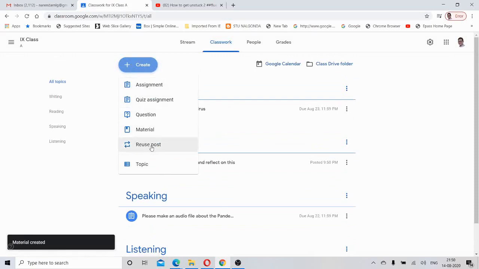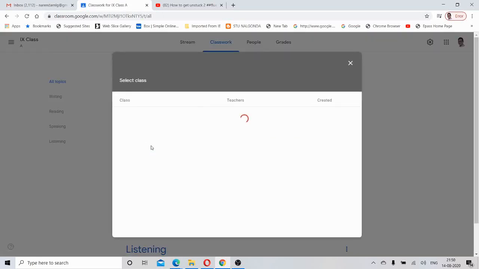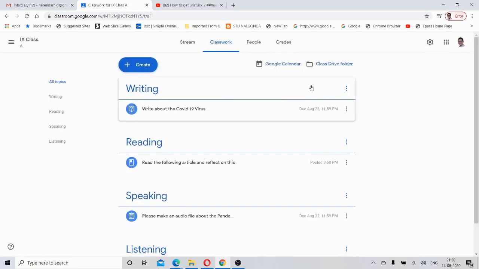I even want to reuse a post. For example, if I click this, let me find any material to reuse. It is searching for that. I think as this is a new class, there is no ready-made material right now. If we go on creating material, it will be stored in Google Drive so that you can use that particular material again.